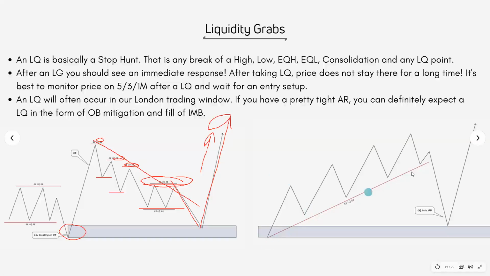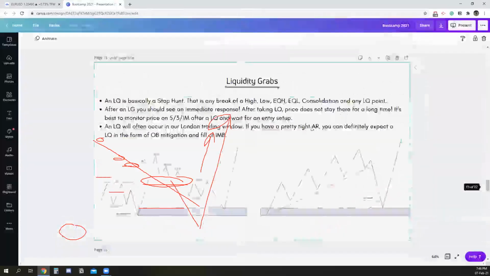And then this is just an example of trendline liquidity. When you see the market creating lots of high highs, lots of high lows, then the market all of a sudden is going to spike strongly below to tap into an OB on the left potentially, and then it's going to react very strongly. So this is liquidity.